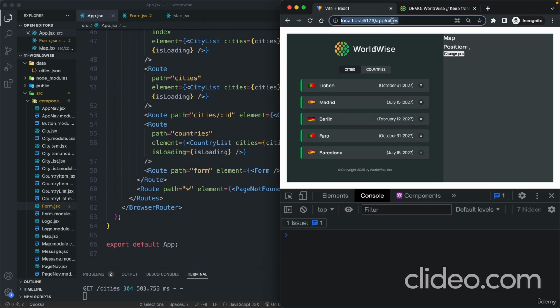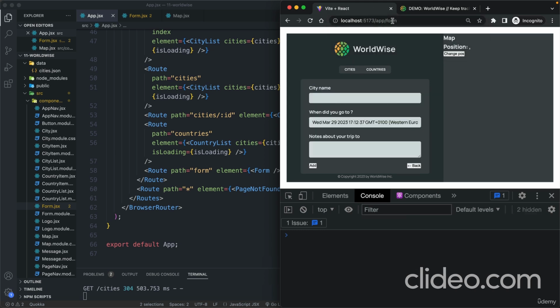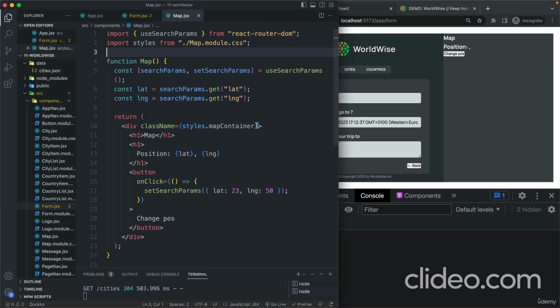And so if we come back here and then type form, let's see, and beautiful. So here we have our form, but at this point we have no way of moving to this URL. And so again, we now want that to happen when the user clicks somewhere on the map here. So let's do that. And so let's attach an event handler here on click, and then here our function. Okay, and we will finish this function later, because before we can keep going, we now need to actually use